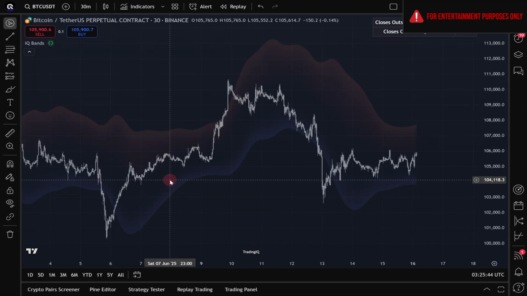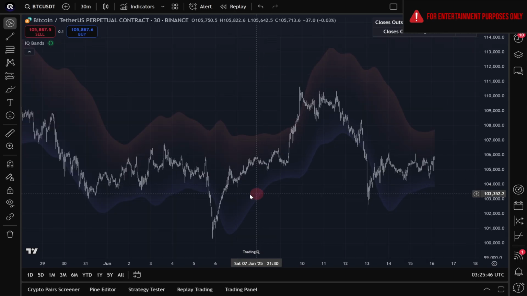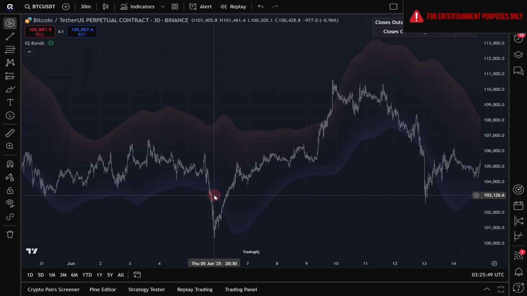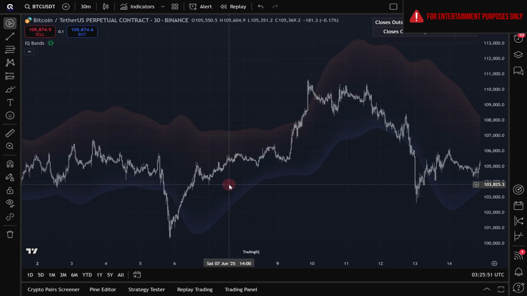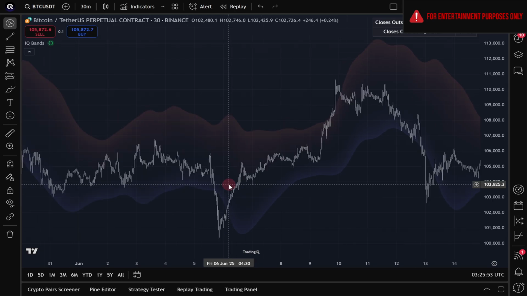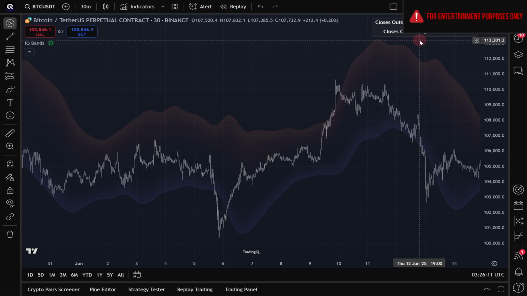Now, the IQ Bands are calculated using custom smoothing with exponential decay and a few other mathematical concepts that we won't dive into. But ultimately, the goal of IQ Bands is to just be more informative than Bollinger Bands. And we can use this table in the top right to confirm that the IQ Bands are more informative than Bollinger Bands by looking at the number of closes outside of the Bollinger Bands versus the number of closes outside